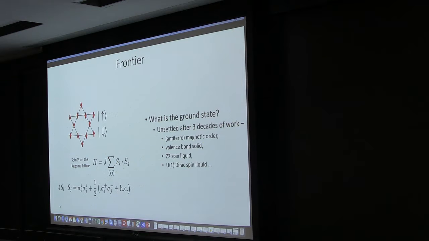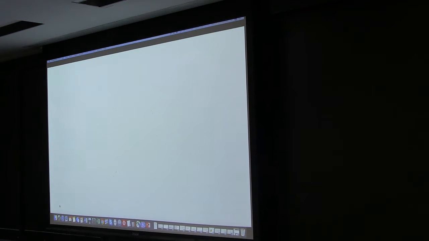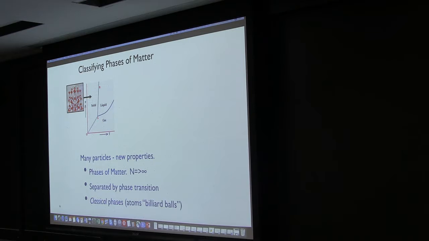So one important aim is: what are the different scenarios? What are the different kinds of qualitatively different physics that you could come up with? This may be familiar to some of you, but it may be good to review if you have not been exposed to it before. One of the new things that appears when you have many particles, which you don't have any analog of with a single particle, is that you get phases of matter.